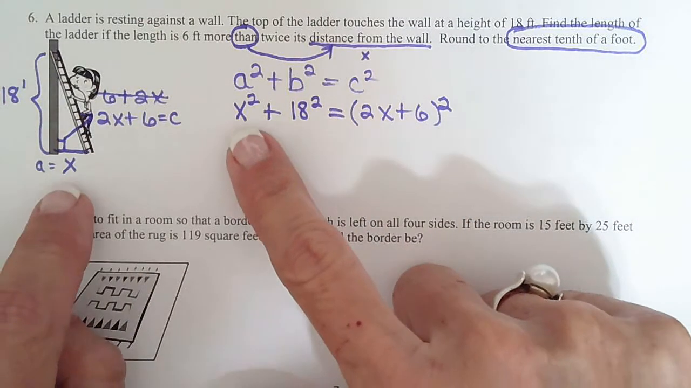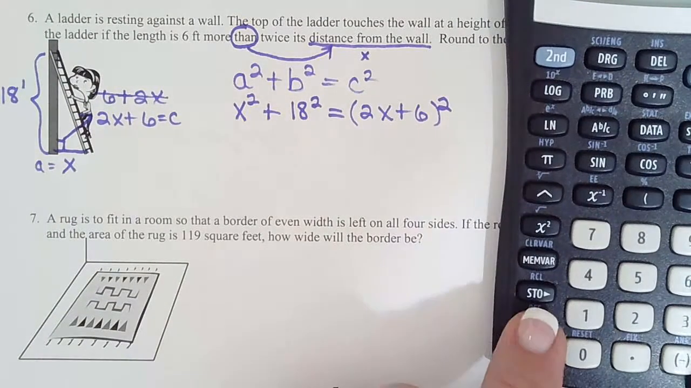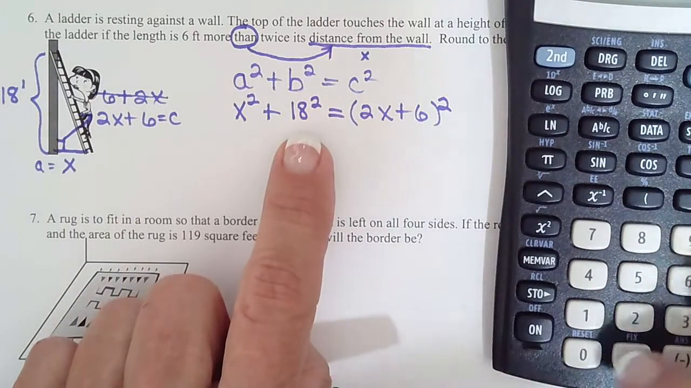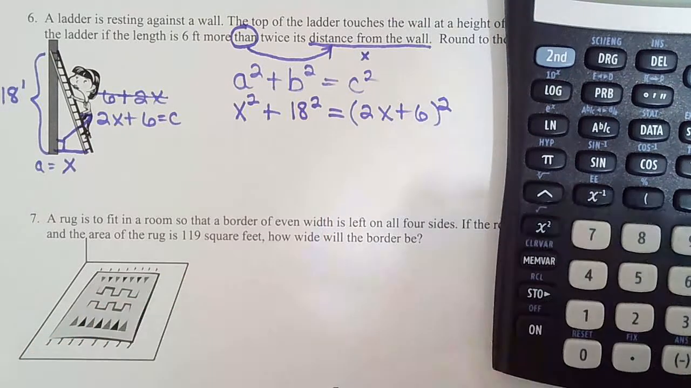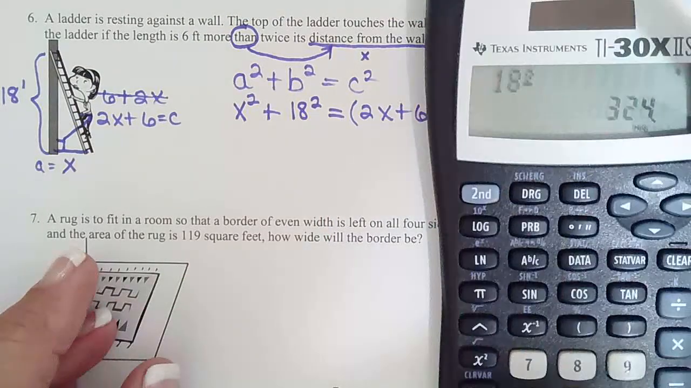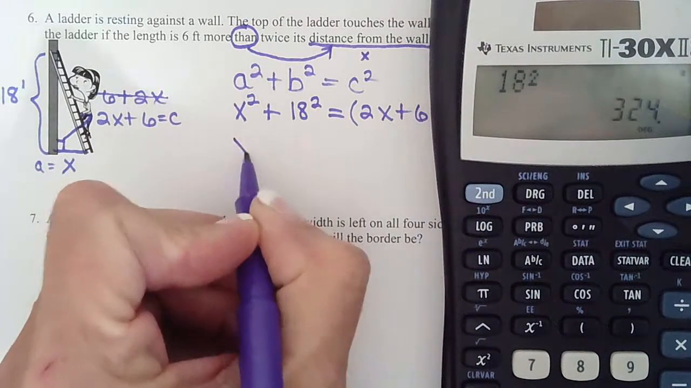So it came to be x squared plus 18 squared equals 2x plus 6 squared. This is another common one you'll see in 150 quite often. So let's do the left side first. We need 18 squared, which is 324. So we'll have x squared plus 324